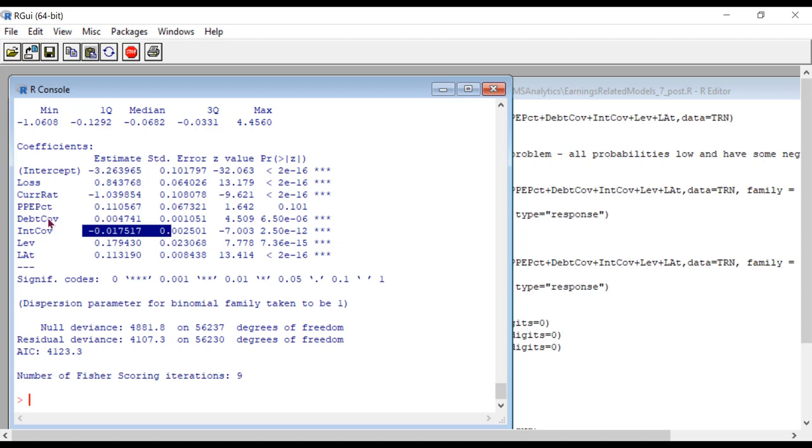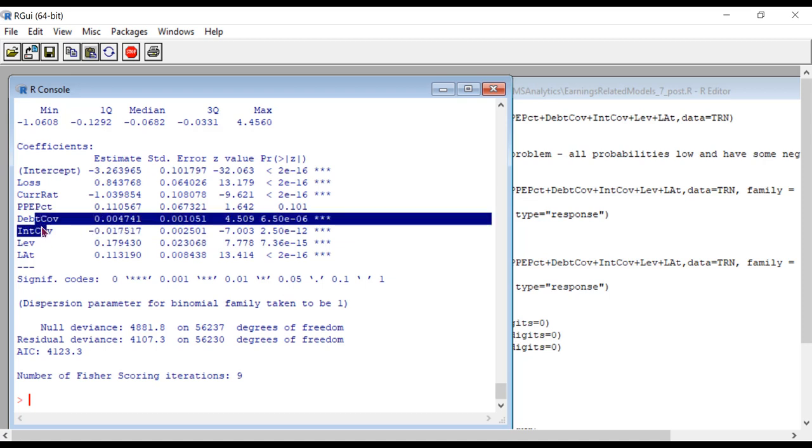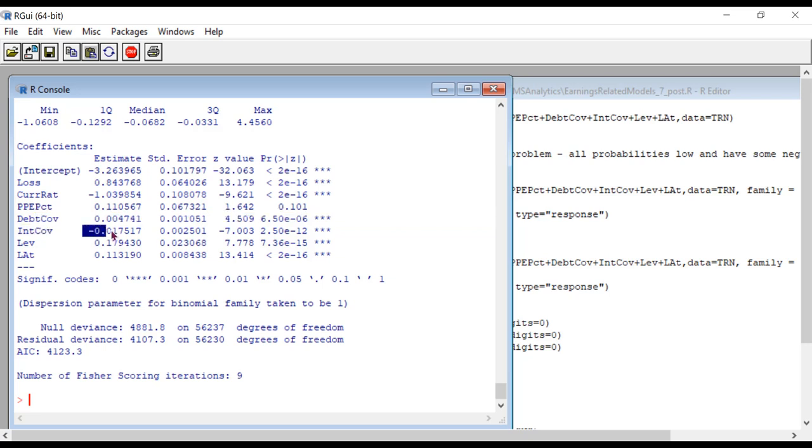Well, most likely this is because these are highly correlated, and when you put in really highly correlated variables, they can go to opposite sides. So the one we would expect is higher cash flows relative to the debt or the interest you have are less likely to go bankrupt. Higher leverage, more likely to go bankrupt, seems logical. And if you're larger, you're more likely to go bankrupt. That seems counterintuitive. That could be related to the leverage being correlated with total assets, or these other things being correlated with it. Or it could be related to the data that we have